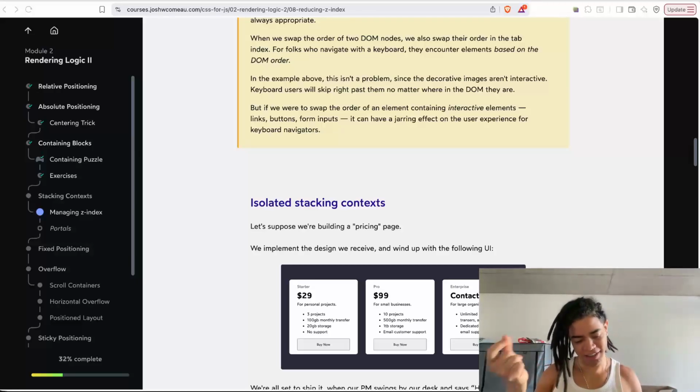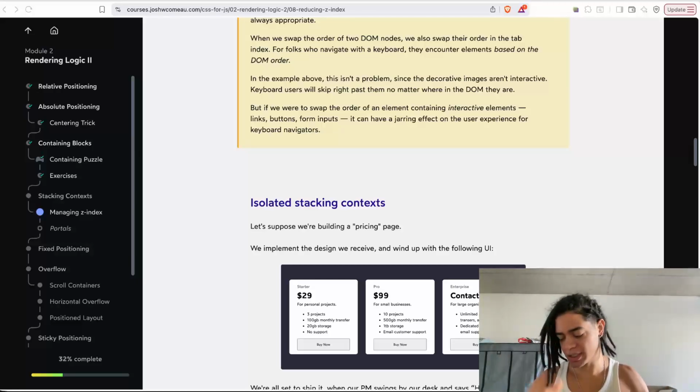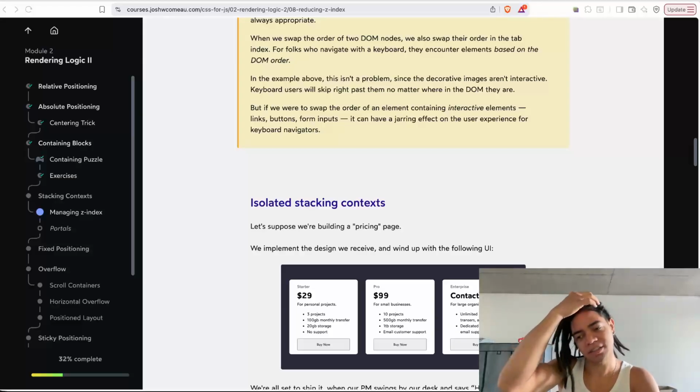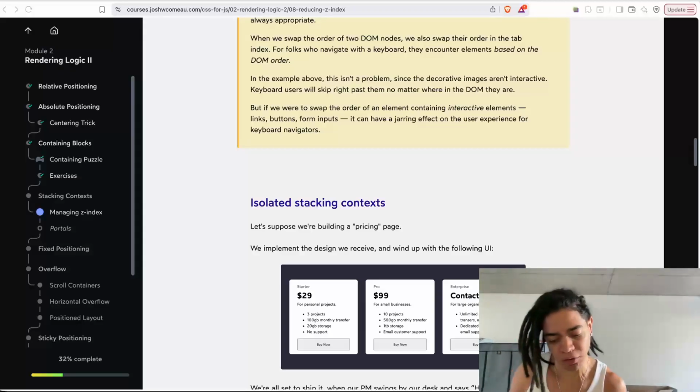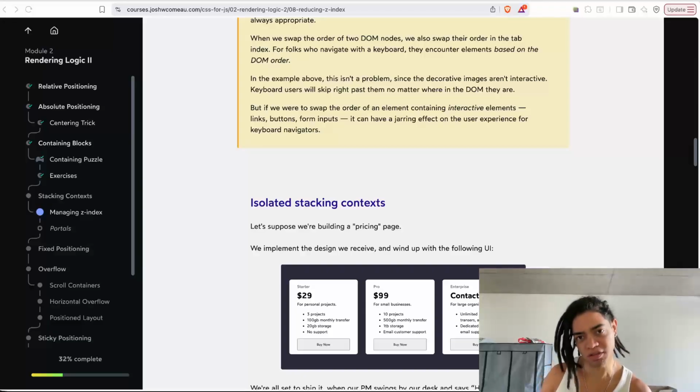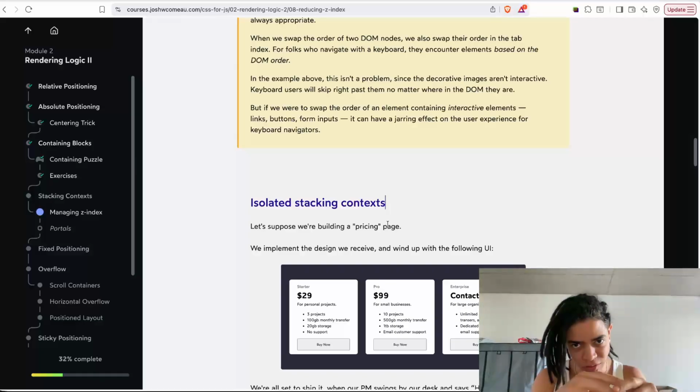Oliver Gonzalez here. So, let's take a look at the stacking context in CSS, which is part of the section on the CSS for JavaScript developers course made by Josh Comeau, right? He has now created three courses, but the first is based on the